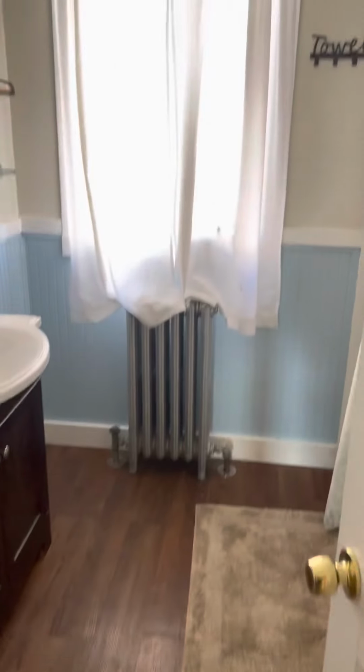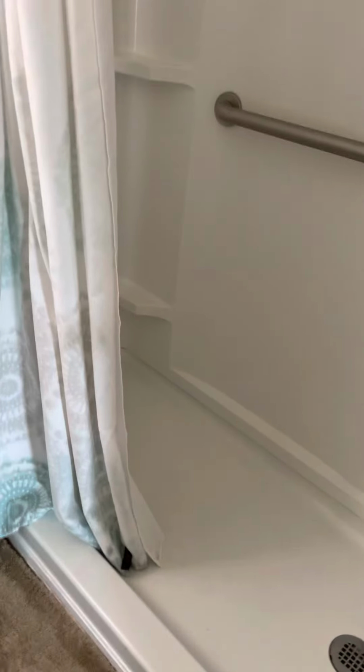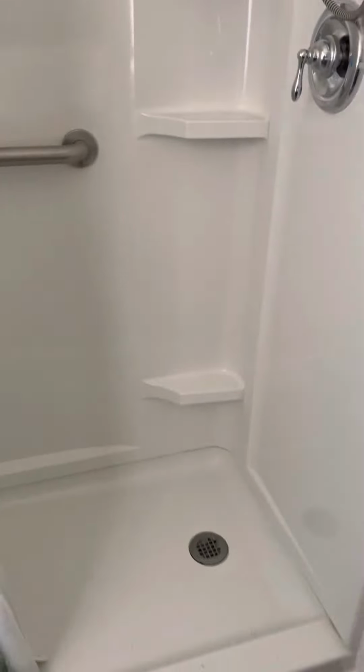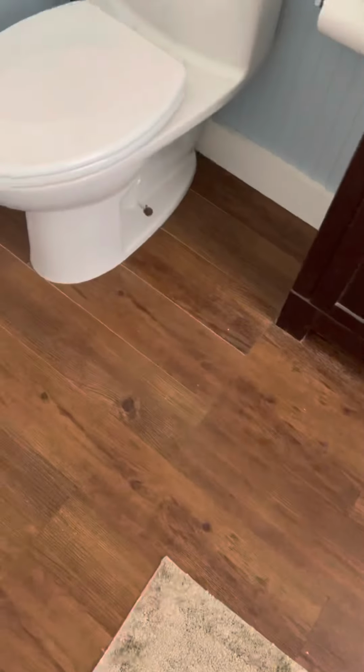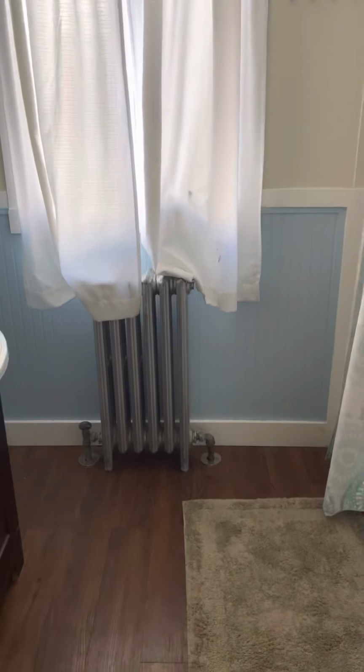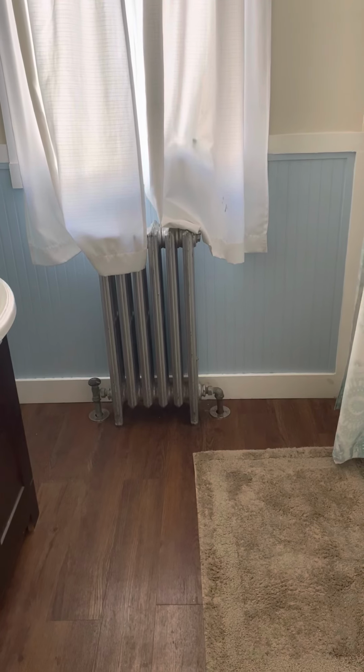I did this whole bathroom over myself. I did all the walls, gutted it, put in that shower about 2.5, 3 years ago when my mom started having a hard time getting her leg up over the bathtub. Did the whole thing, put the toilet, the sink, the floor, did all the wainscoting in here, and did all that myself. Ironically, this radiator,